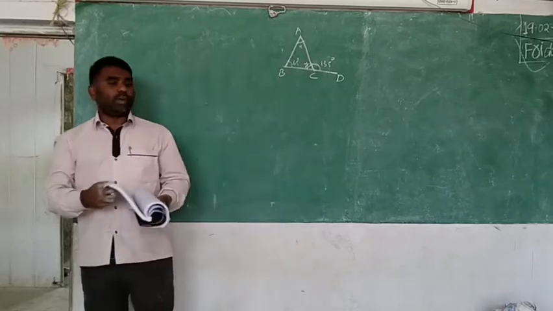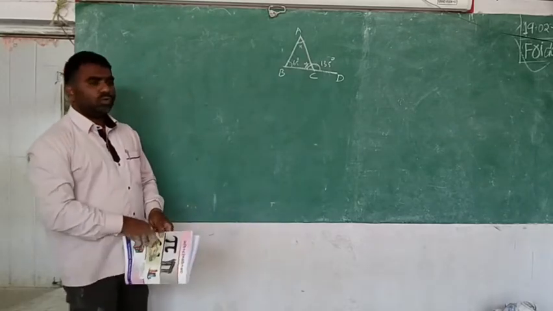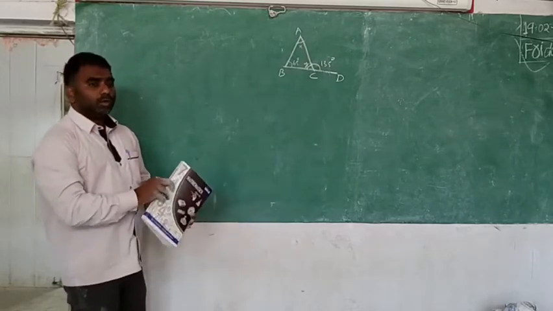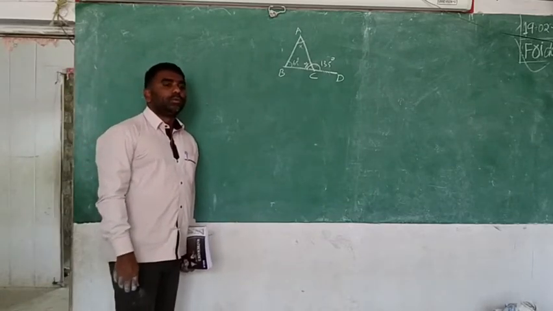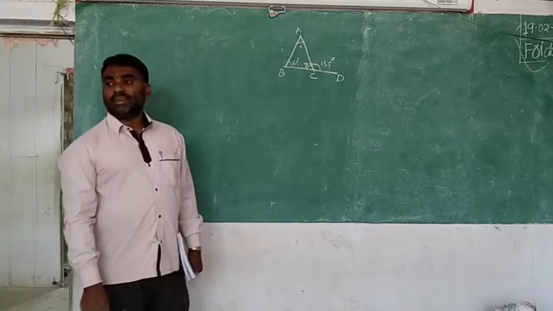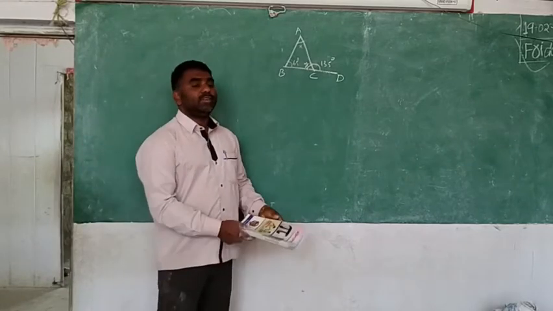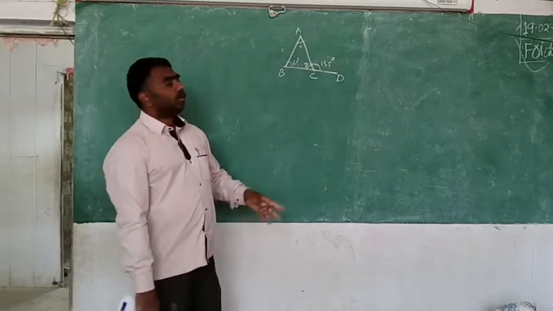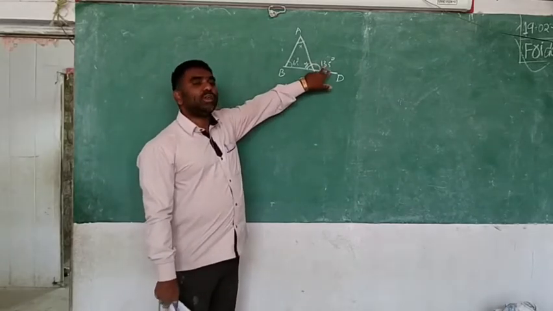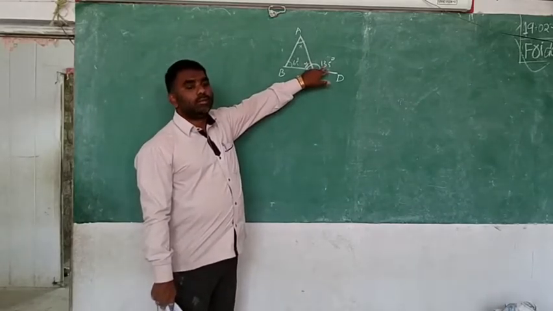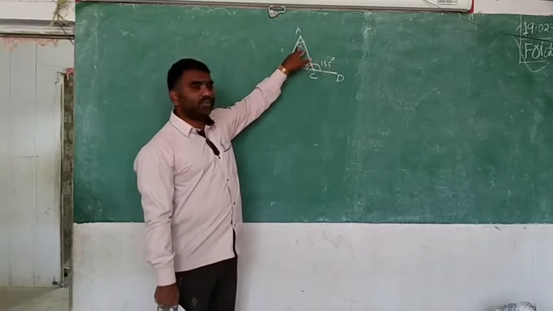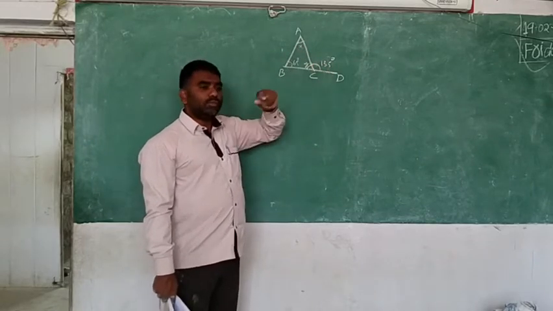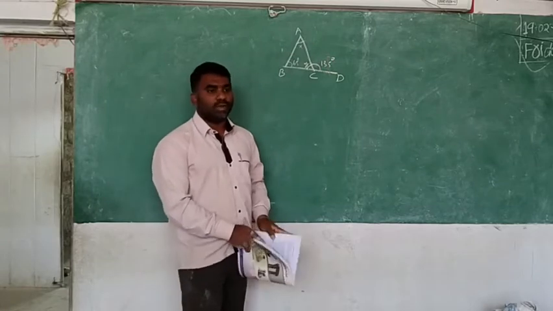Okay, how do you find it? There are two different ways, but we will use the exterior angle property, which you have just learned. How do you get the exterior angle? Here, which is the exterior angle? How do you get it actually? By adding the two opposite interior angles, that is, 65 and x. If you add them you will get it. If you write that as an equation, you can get the x value.